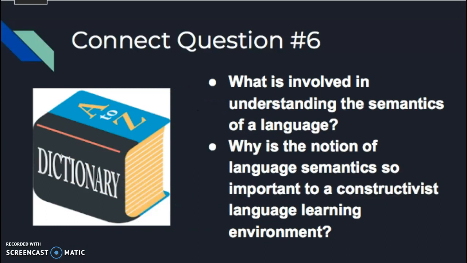This is the meaning of language used in a given context and includes the ability to understand and use descriptive words, identify synonyms and antonyms, and recognize words by their definition and define words. Language semantics is important to a constructivist language learning environment because this approach focuses on cognitive linguistic and cognitive sociocultural connections at the contextual, intercultural, and affective levels. Context in this type of environment encourages pattern recognition and emphasizes relevance of new information to learners.